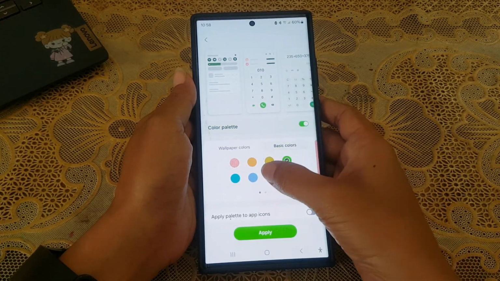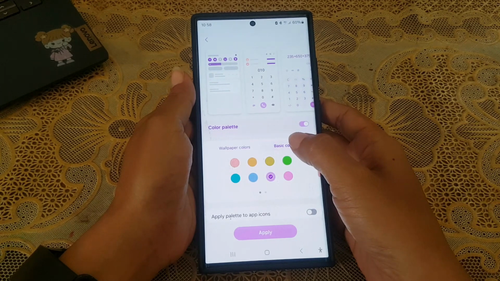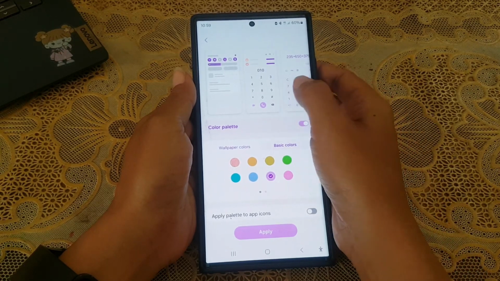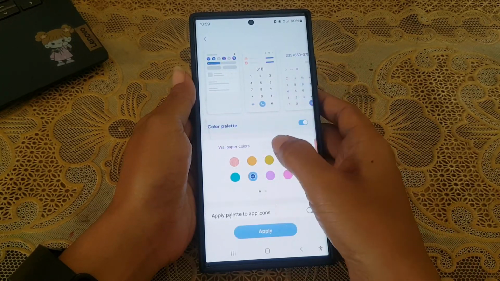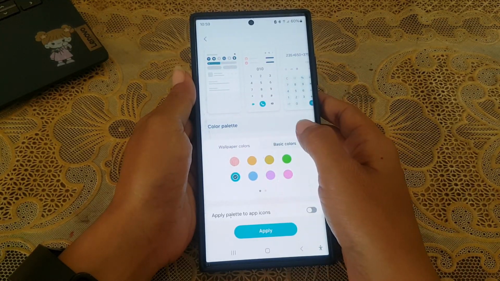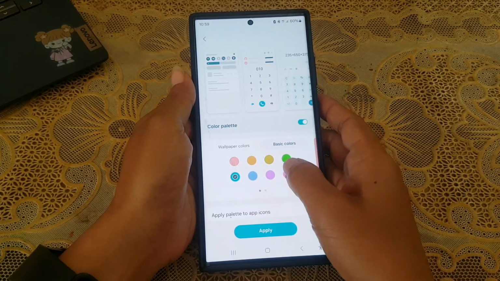As a note, while selecting the palette, you can see a preview of how the selected color palette will look if it's applied to your phone, by seeing the preview at the top of the screen. If needed, you can swipe the color palette section to the right to see more color palettes available.